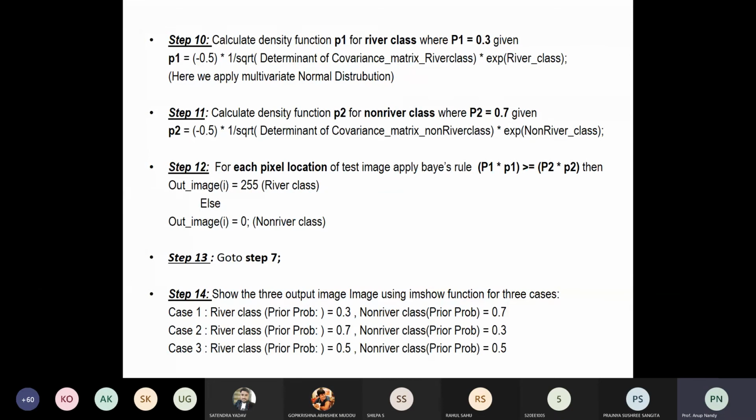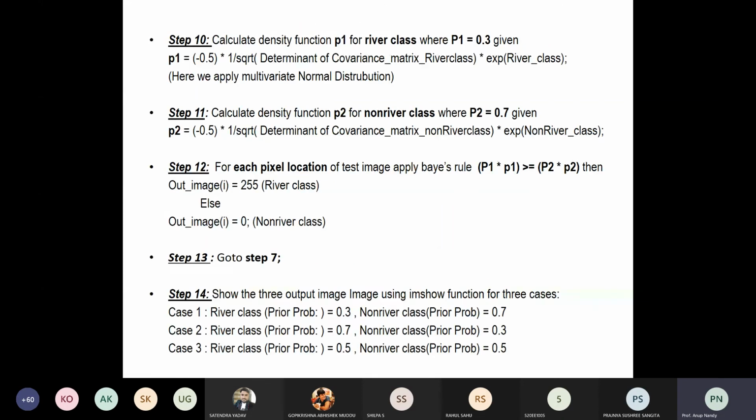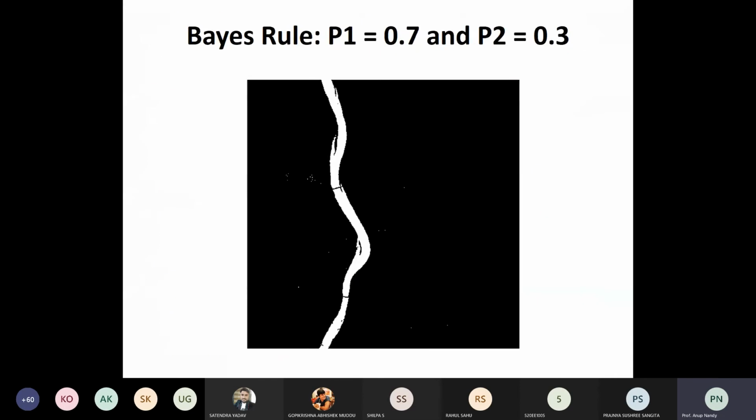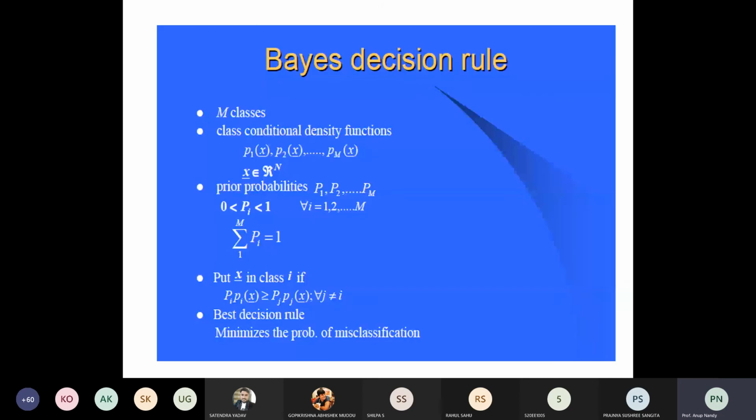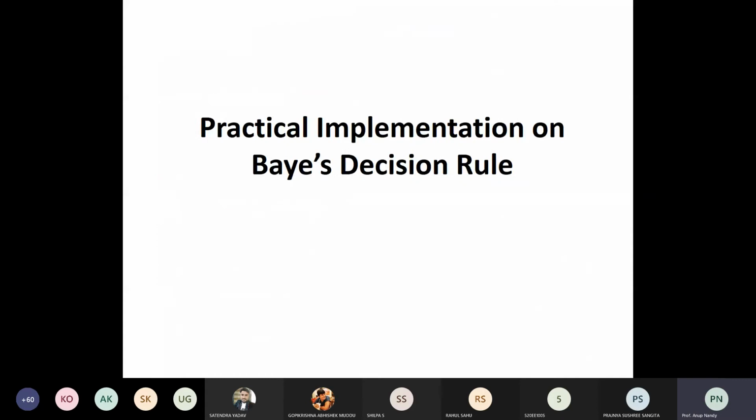So please remember that only the formula needs to be implemented. Here this minus 0.5 has been taken outside, but it should be within this EXP. Please take it in. I'll share this PPT with you so that you will have a brief look at these things, because this is the main implementation step. If you just implement it, the Bayes decisions will probably be more clear to all of you. Okay, I'll be sharing the PPT now.